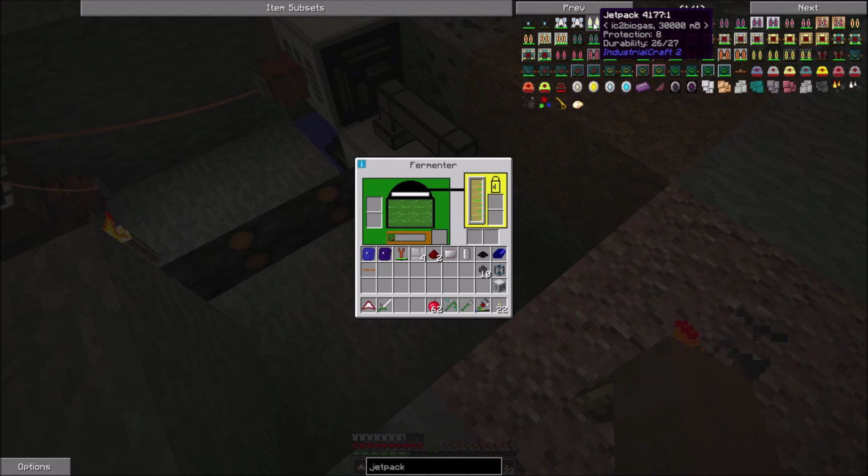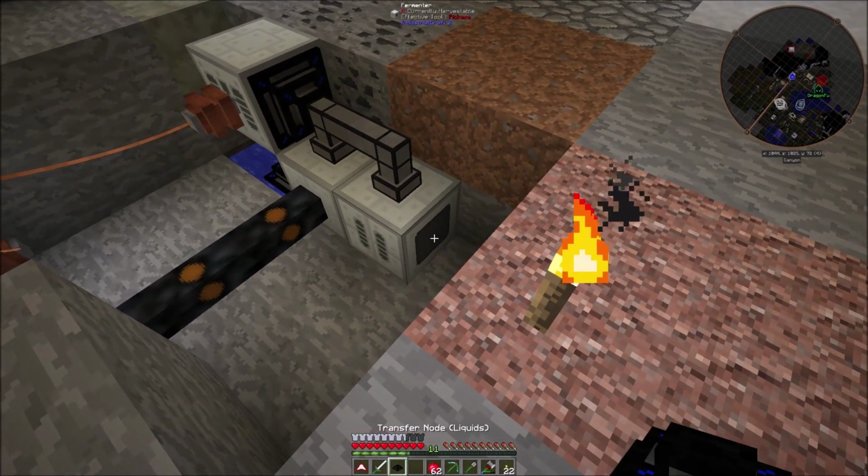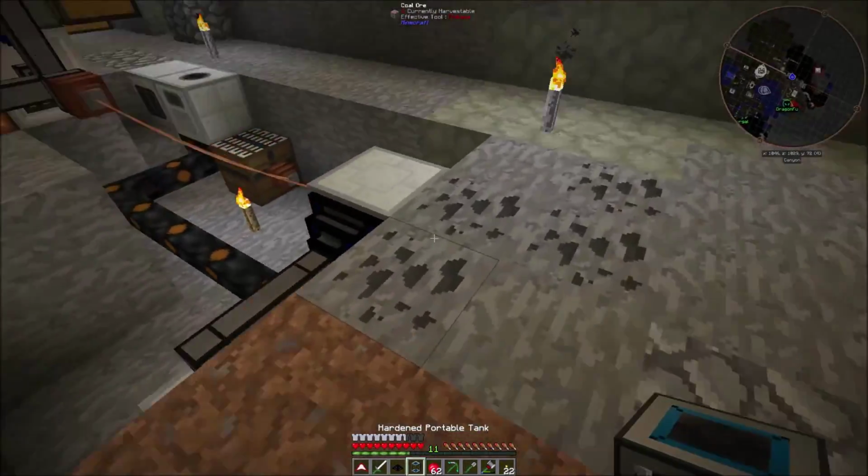2 buckets is nothing. You can see here the tank holds 30 buckets. So we need 30 buckets. And that's where I was when I realized I need to start showing you guys some stuff. So I think we are going to have a buffer tank here. I made it with some...